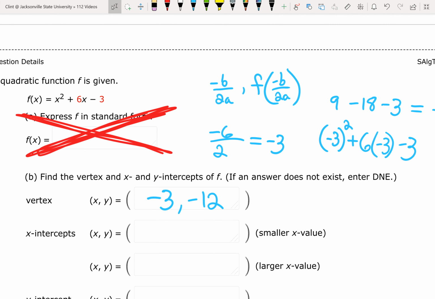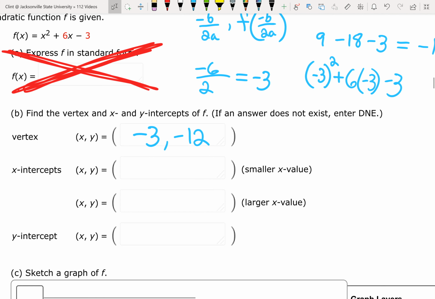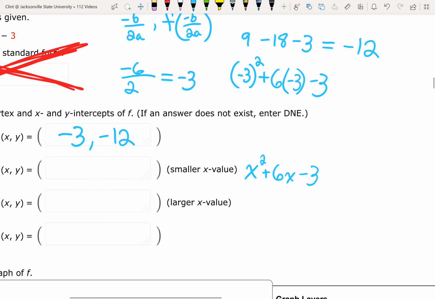Now, what about our x-intercepts? If we don't have a graph, the way we find our x-intercepts is we take our function and we set it equal to 0 and solve for x. X-intercepts, that means y is going to be 0. And we solve here. Okay, let's look at this one. If we try to factor, are there factors of negative 3 that give us 6? Those don't exist, so